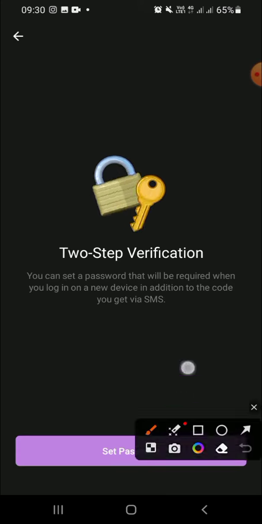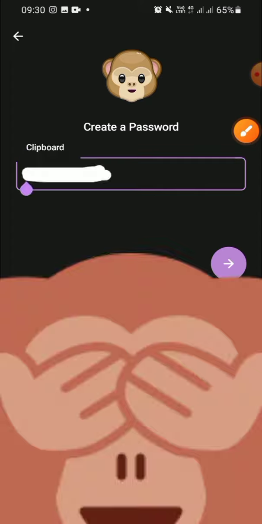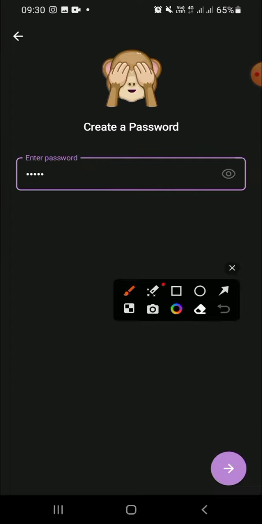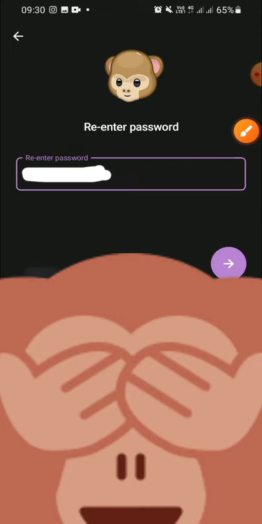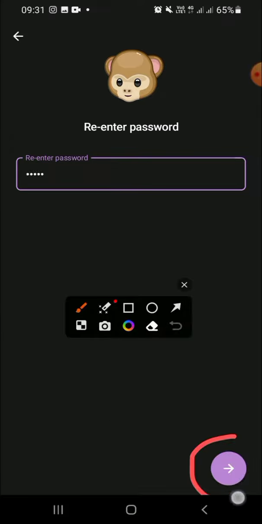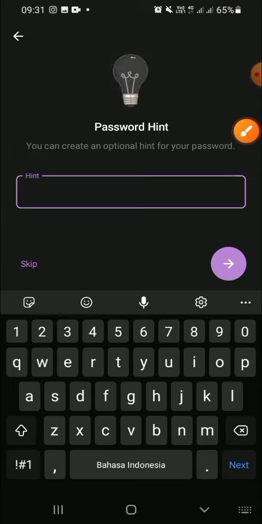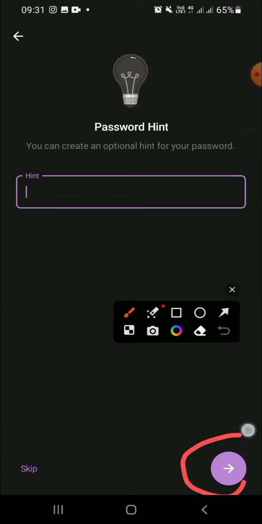And then click set password right here and enter your password, and click on this button and re-enter your password, and click on this button again, and then you can create an optional hint for your password. You can skip this step by clicking on this button,